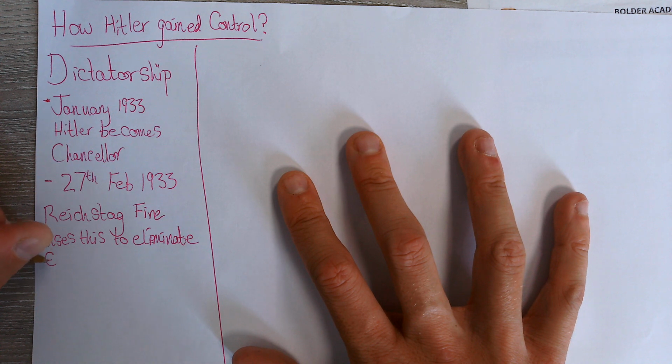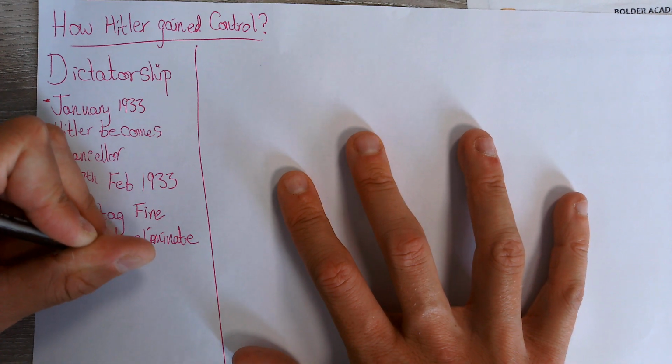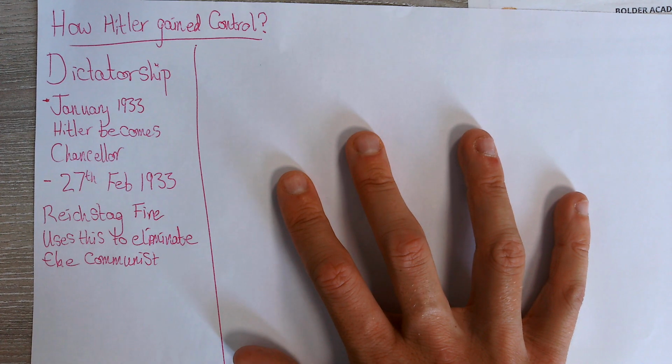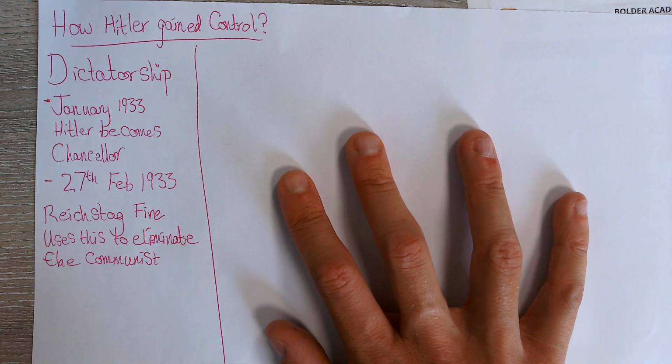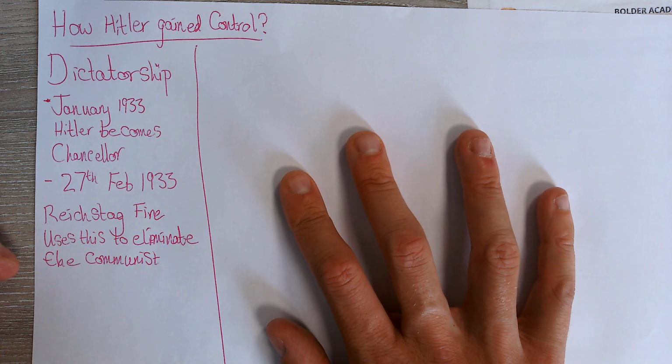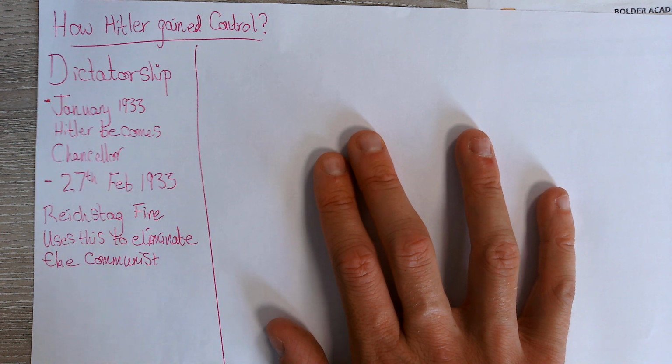the communists. How? Well, Hitler basically manages to persuade Hindenburg that the communists are a threat to the entire country and therefore must be banned. Several communist leaders are rounded up. Some of them disappear, assumed killed, or are sent to concentration camps as well. And the communists are effectively no longer a threat.